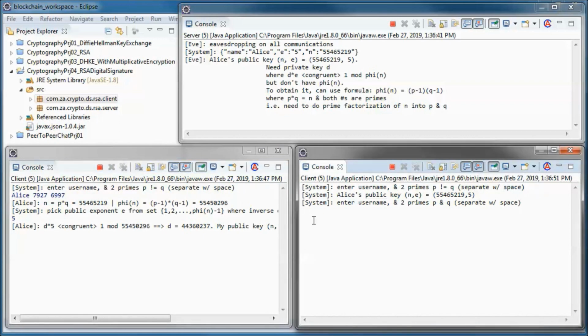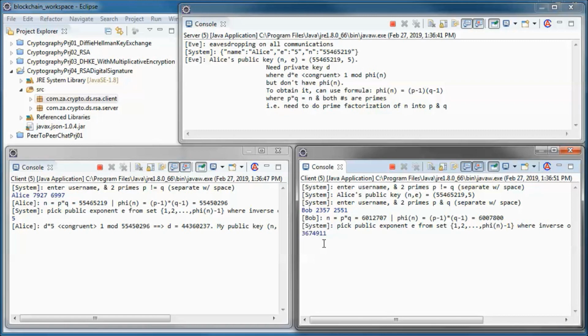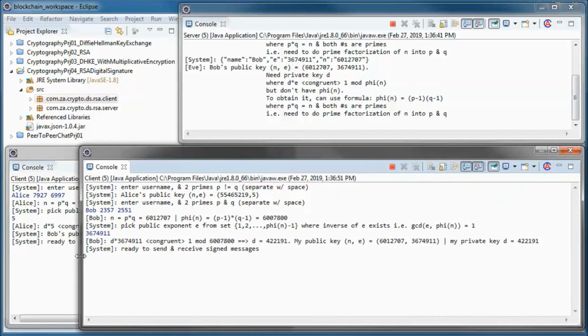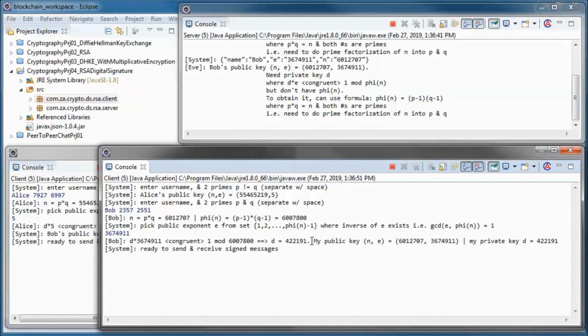And Bob supplies those two prime numbers, and this public exponent. And he ends up with this public key and this private key.